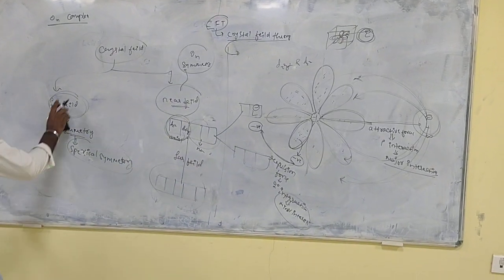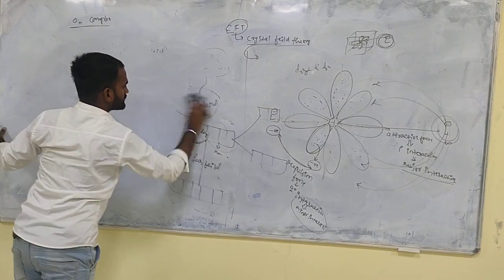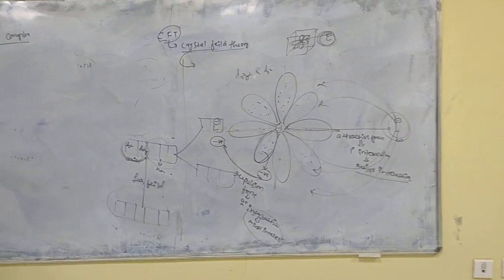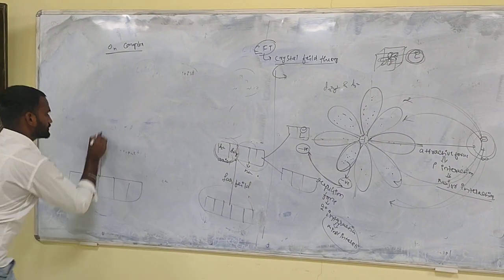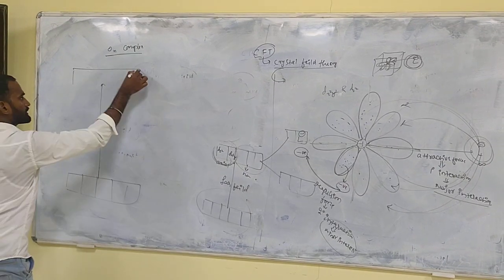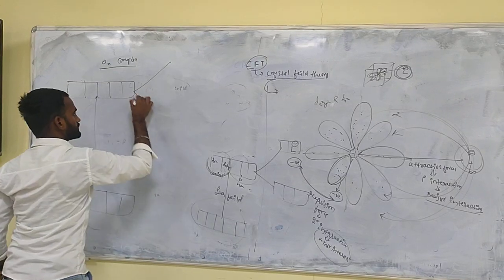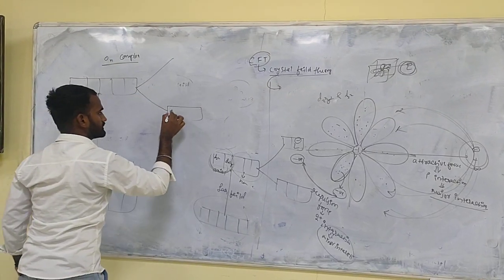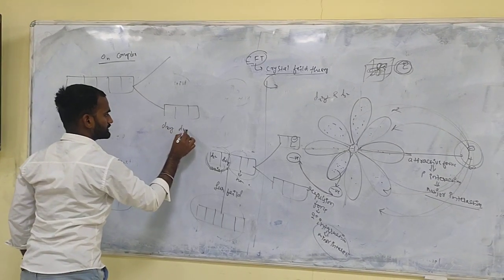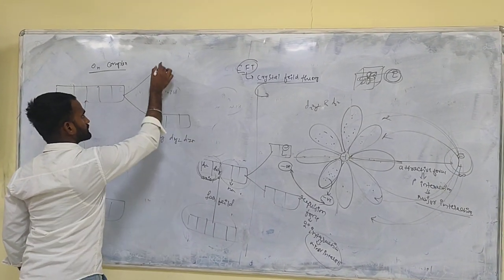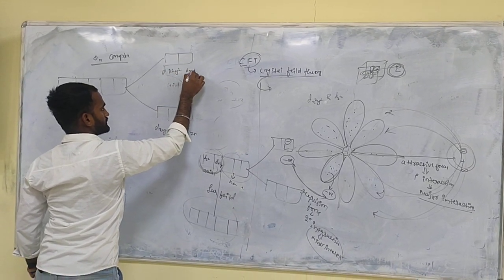So I hope up to here everything is clear for you. I will explain this one particularly and draw a neat diagram. First, the five orbitals are there, and due to the far field effect, the energy of the orbitals will increase. Then, due to the near field, the energy of the non-axial orbitals dxy, dyz and dzx will decrease, while dx square y square and dz square stay higher.